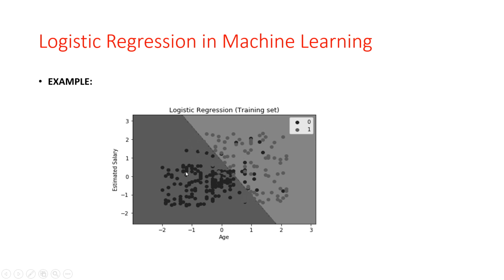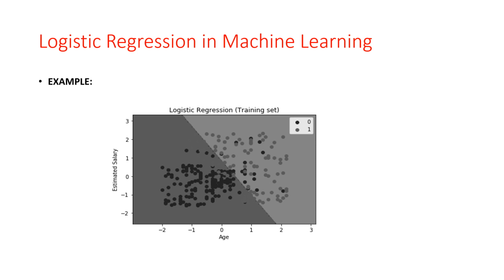So all these data points are the observation points. These are all the observation points from this training set, which shows the result of a purchased variable. Here we are predicting the purchased variable based on the age and salary. All these data points are observed variables from the training data set, which shows the result for the purchased variable.